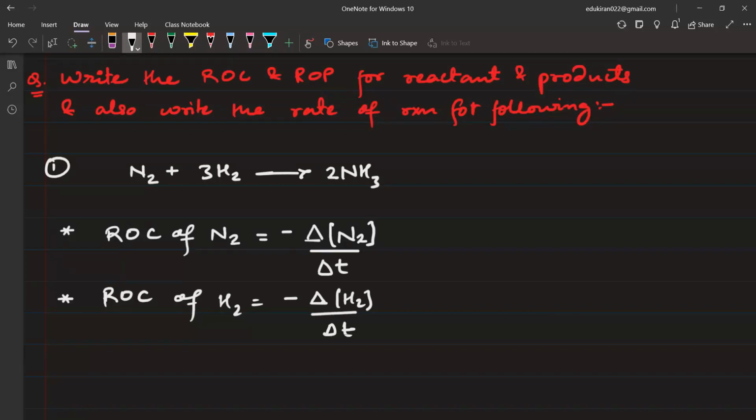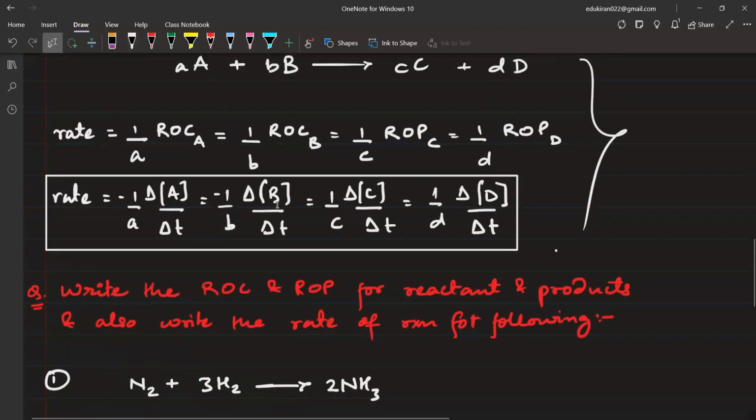अब आते हैं आपके फॉर्मूले पे, ठीक है फिर? I will not leave anything. हमने आपको उस टाइम रोक दिया क्योंकि लॉजिक समझाना था कि आप जाके हाइड्रोजन को देख रहे हो, आप रिएक्शन नहीं देख रहे। अब आते हैं आपके फॉर्मूले पे। रेट ऑफ कंजम्पशन ऑफ A, तो ये है ना भाई मेरे, नेगेटिव साइन के साथ। नेगेटिव तो यहाँ लिख दिया हमने, ये 1/A तो 1/A है, राइट? This 1/A is 1/A here also, correct? So rate of consumption of A is everything other than 1/A, because 1/A तो 1/A है पहले से ही। रेट ऑफ कंजम्पशन ऑफ A को हमने लिखा ना माइनस डेल्टा A बाय डेल्टा T।